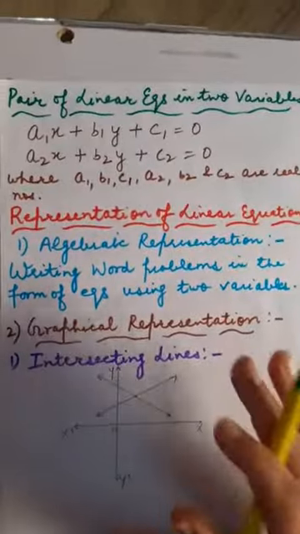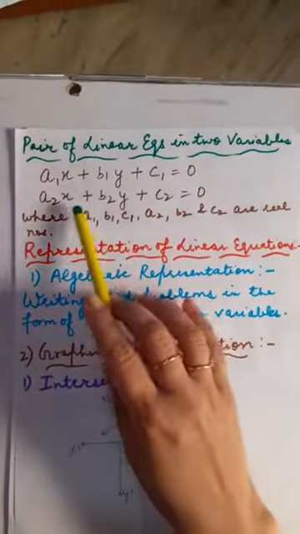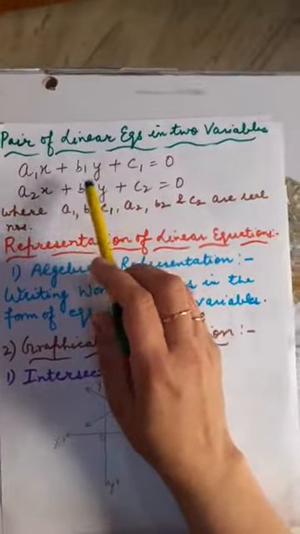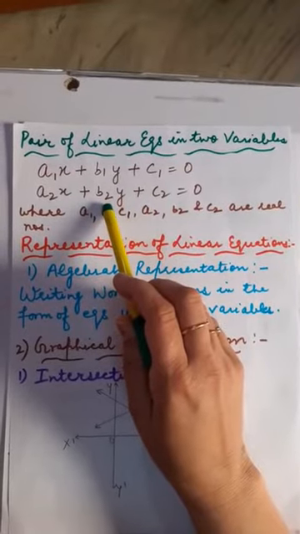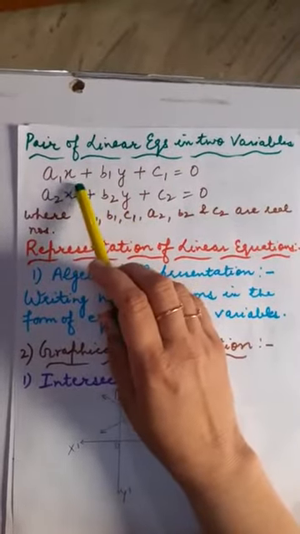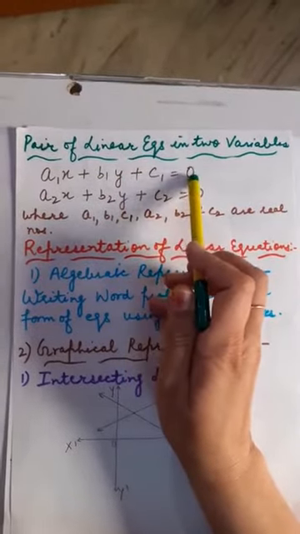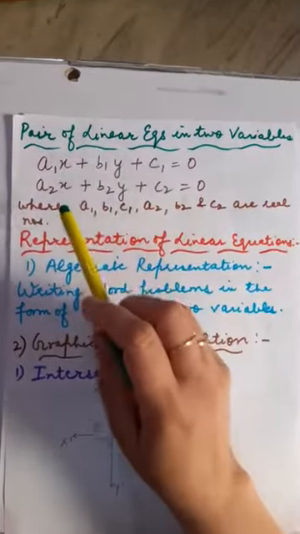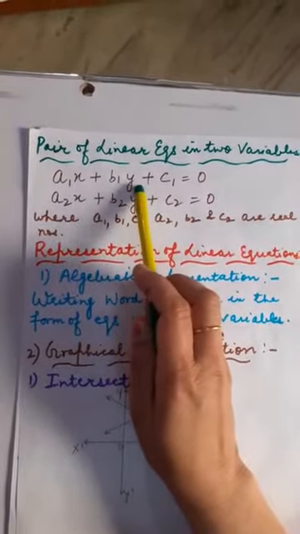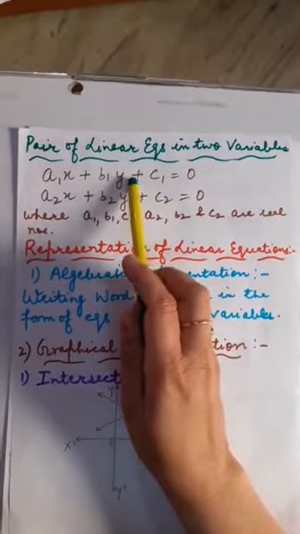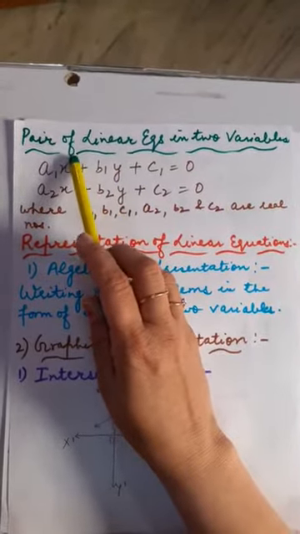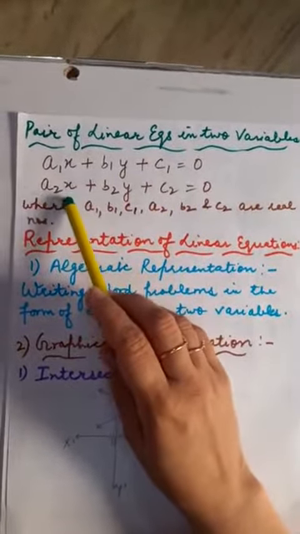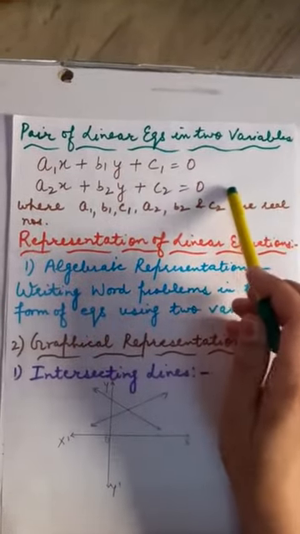Let us switch to the main concept of class 10th now. This is pair of linear equations in two variables. Look, this is a generalized form, or I should call it a standard form, of pair of linear equations in two variables. This is a1x plus b1y plus c1 is equal to 0. This is equal to 0, children. Through this you can judge, yes, this is really an equation. And because x and y both are present, this is a linear equation in two variables. Why is it linear? Because the power of x as well as the power of y both are 1. Now a2x plus b2y plus c2 is also equal to 0.